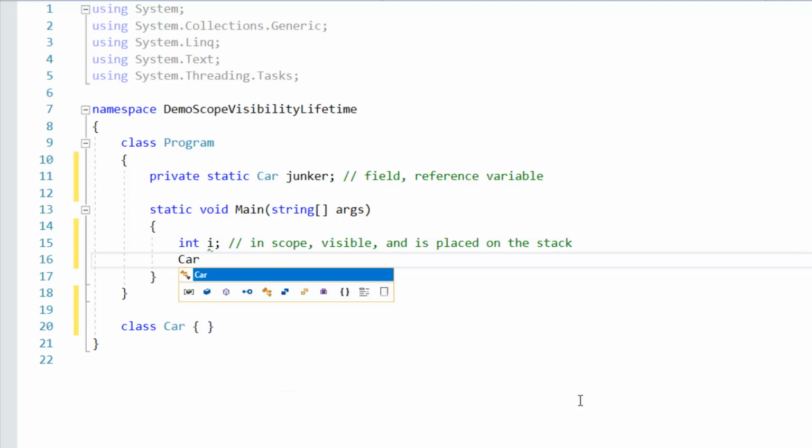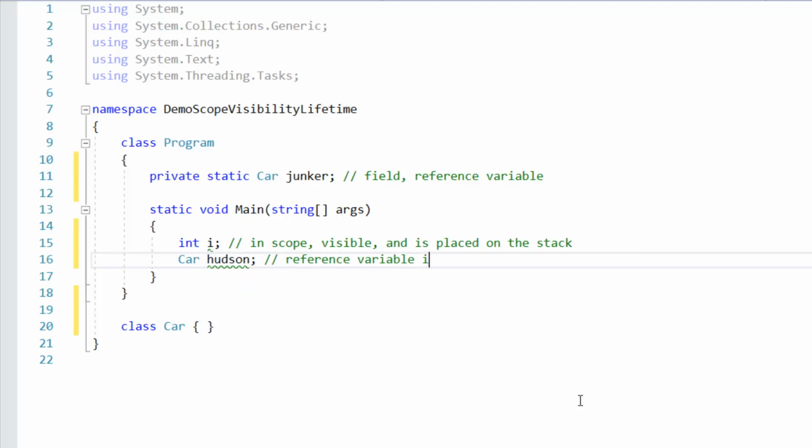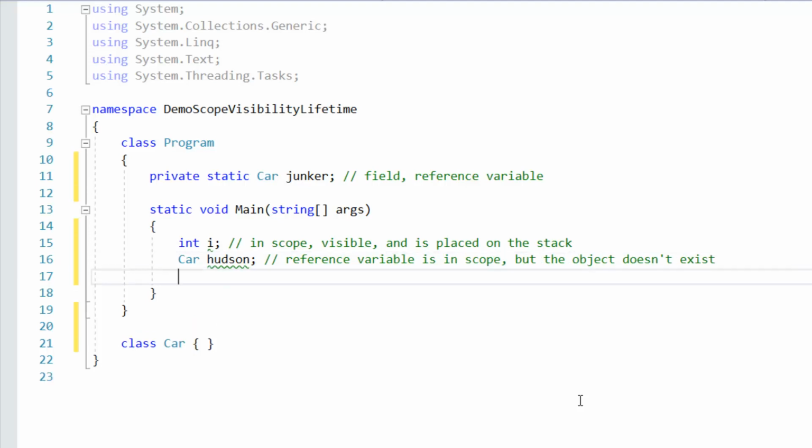I could create a reference variable Hudson. So the reference variable Hudson is in scope, and in fact that reference variable is placed on the stack, but the object itself doesn't exist yet. Now when I actually create the new car, the storage for the object referenced by Hudson is then created and